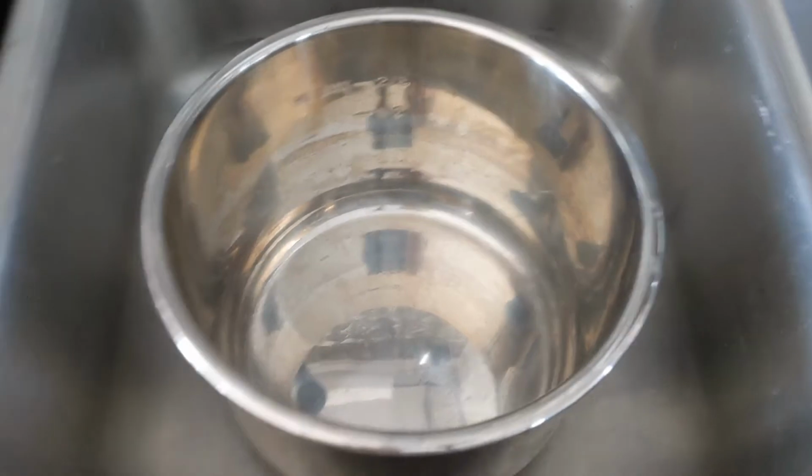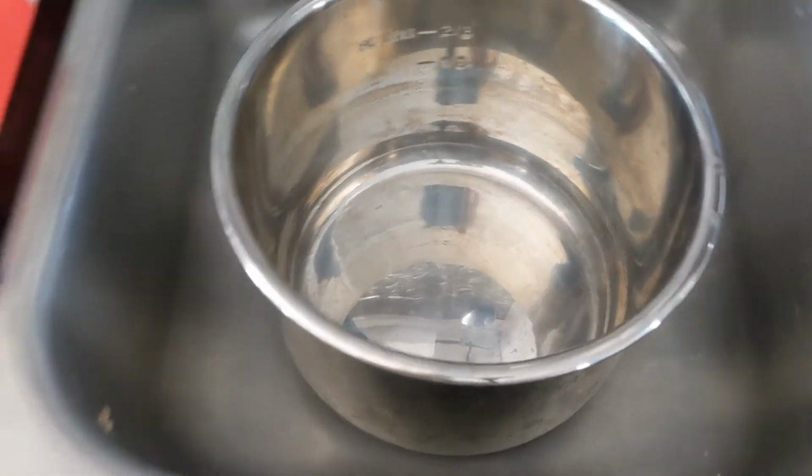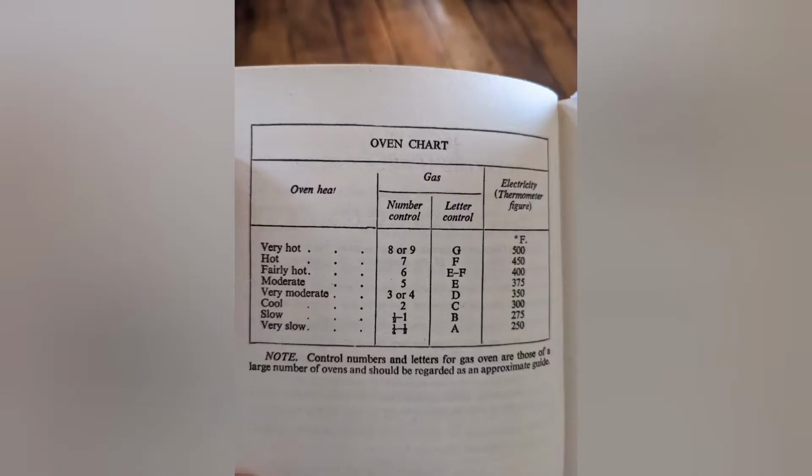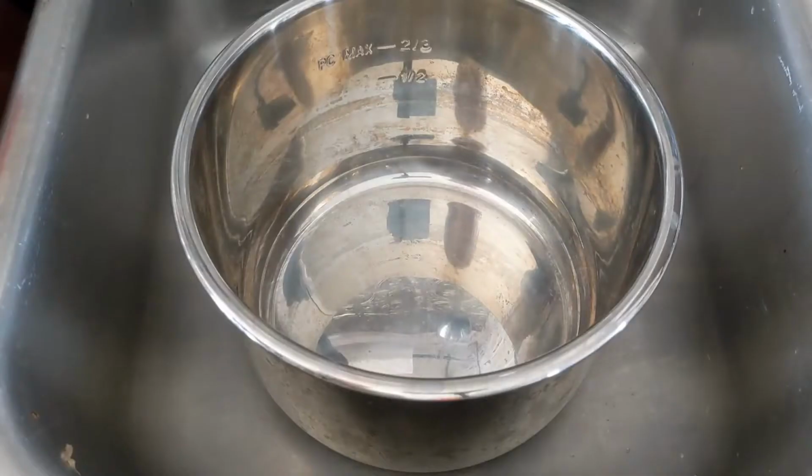So how am I going to modernize this? I'm going to use my Instant Pot Max. The recipe says to layer these into a pan and to cook in a slow oven. Now, a slow oven, according to the directions, is 275 degrees. So I figured a crock pot would be perfect. So the first thing